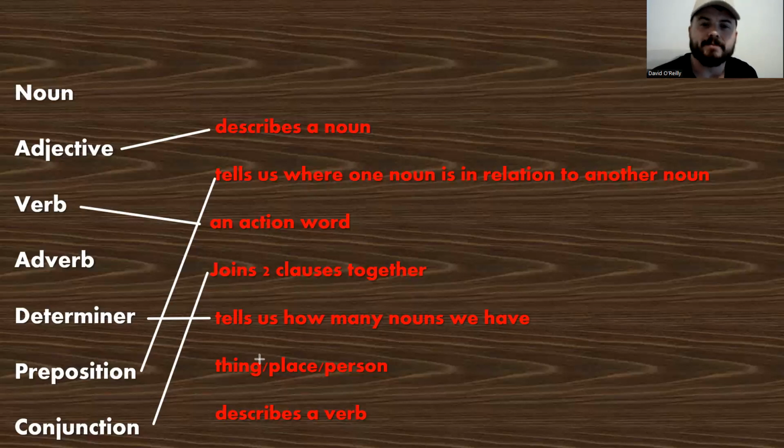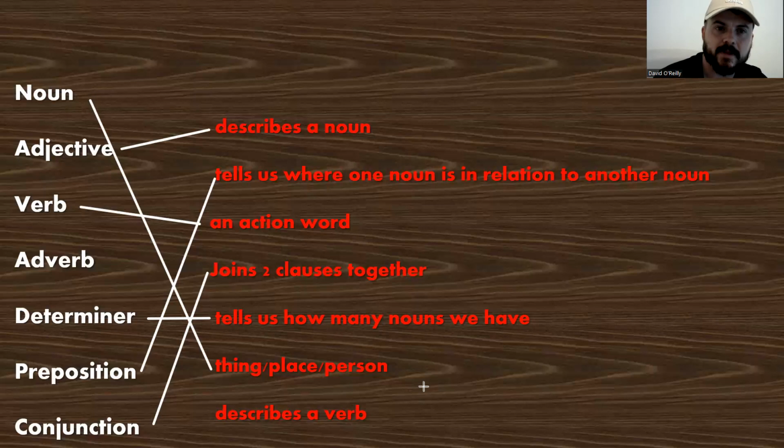I just gave this one away, but I think you all knew this one already anyway. A thing, place, or person. Which one of these word classes am I defining here? Thing, place, person. Is it an adverb or is it a noun? The answer is noun. A noun is a thing, a place, a person. Anything you can see is a noun. Fan, books, chair, ceiling, wall. Anything around you that you can see is a noun.